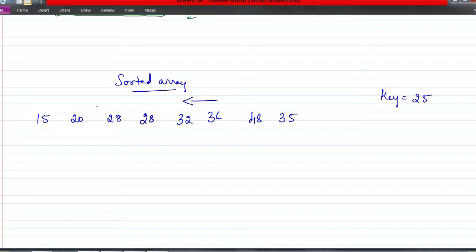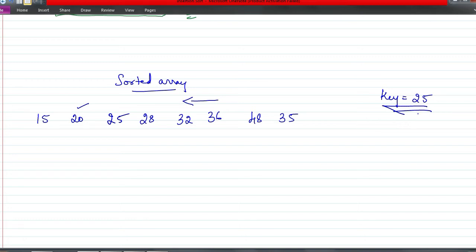Now 20 is less than 25, so in the next position, until this number it is already shifted one position to the right. So that's why, see, I have two copies of this. Now when I find a lesser number, in the next position I am going to put this key element. So we start searching from the previous position of the key element.